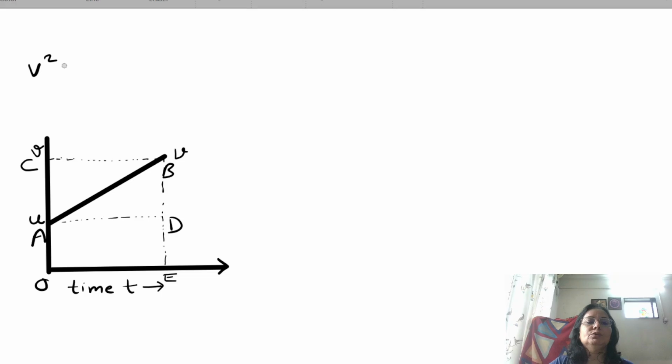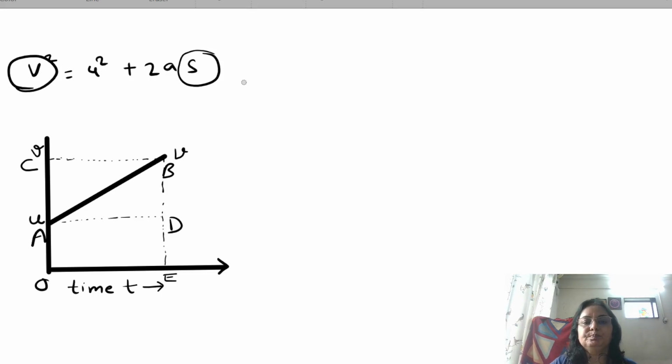V square is equal to U square plus 2AS, where V is final velocity, U is initial velocity, A is acceleration, and S is distance travelled. So we are going to define the relationship between velocity and displacement here. See, this is a straight line, so the distance will be same as displacement, and we know the direction that the car moved from point A to point B. So now we know that distance is nothing but area of quadrangle,